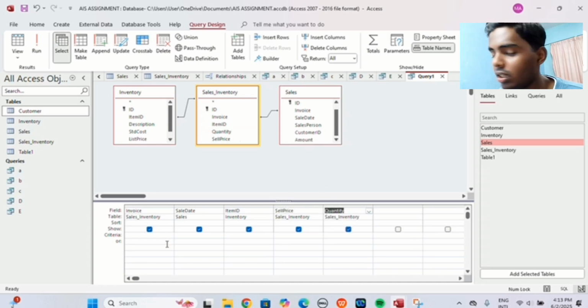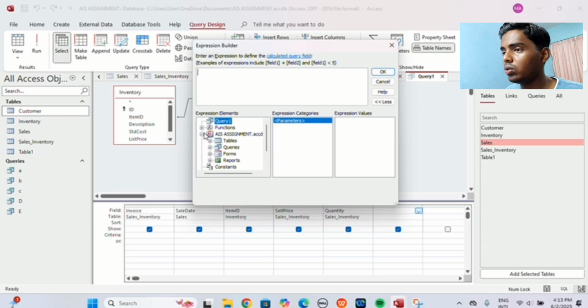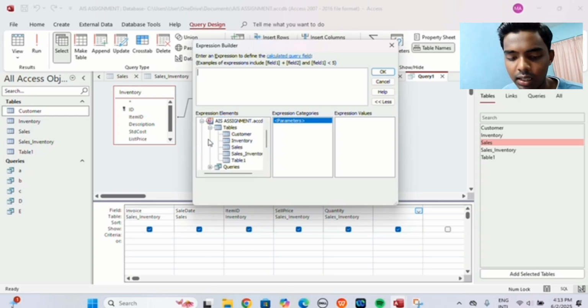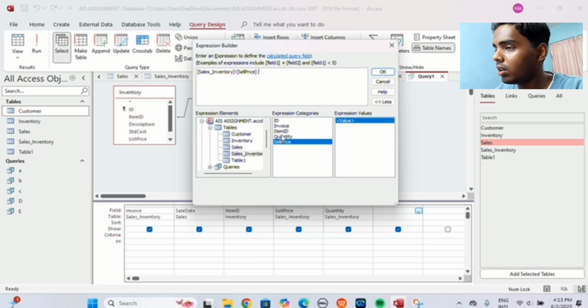Okay, after that we will use the formula. For that formula, we will click here and then View, and then go to the ICE assignment, go to the tables, and then the formula that we will use is the sales price minus the STD cost. For that, sales inventories, sales price minus the inventory STD cost. We will do the bracket for that,